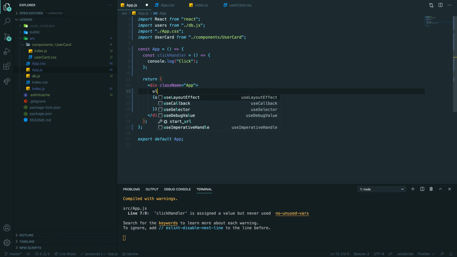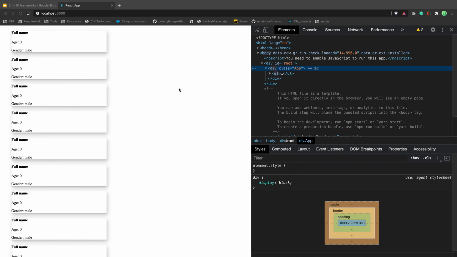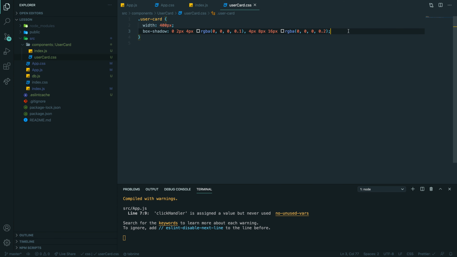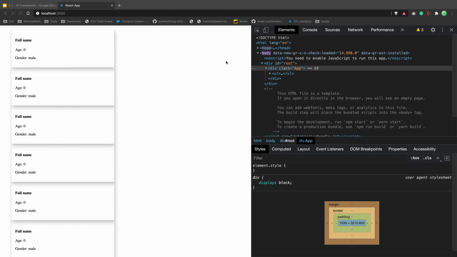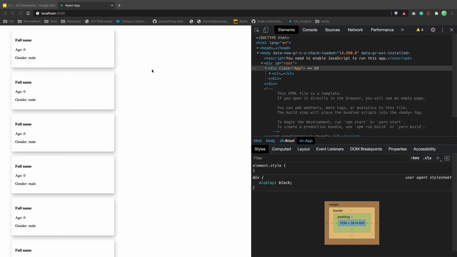I probably want to have UL here. So now, yeah, we have just a regular list. Beautiful. You probably can add some stylings here, like padding 1em, just to make it nicer. So we have 20, and margin bottom 1em as well. Just quickly. Yeah, beautiful. 20 cards.